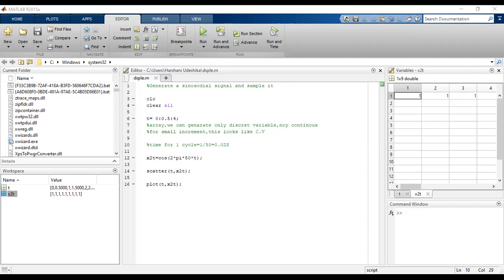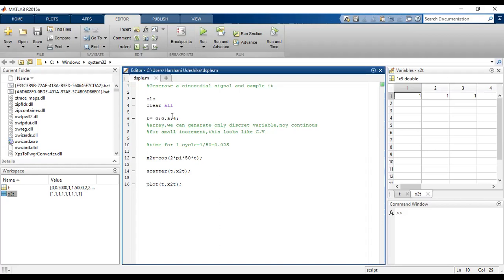So to get the sine wave, what you have to do? You need to get some points like this. Before this 0.25, you need to get some values, otherwise it will not look like a sinusoidal signal. I hope you understand it. If you have any problem, you can ask me later. So I quickly do it. What I want to do is reduce this increment, so I choose 0.1. So if I run this,